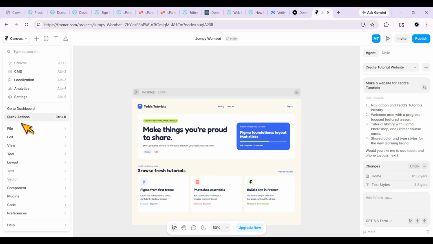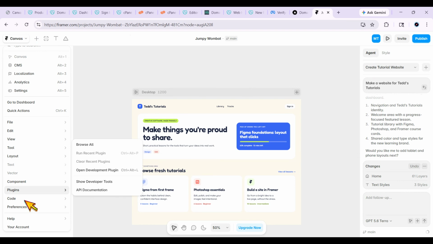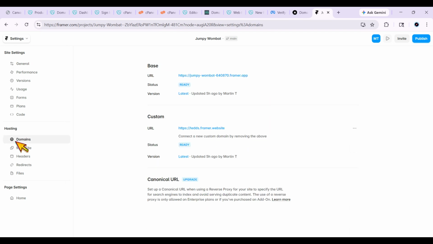Alright, let's begin with Framer. First, open your project inside Framer. Once you're in the editor, go to Settings, then click Domains and select Connect to Domain. This is where Framer will ask you to enter the domain name you want to use for your site. Type in your GoDaddy domain exactly as you own it, and Framer will then generate the DNS records you need